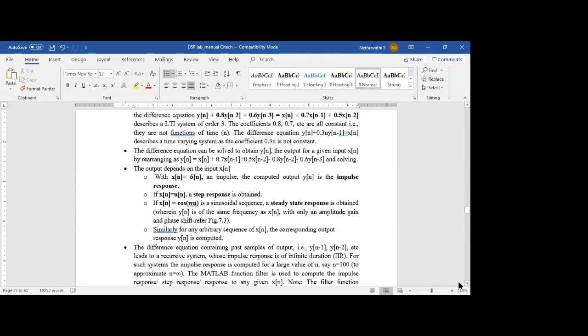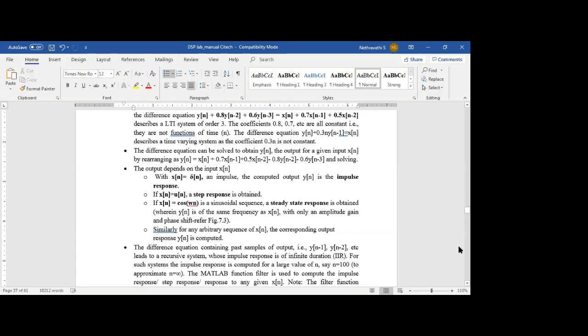If people are getting it, please try to understand. If in the given difference equation the output samples are delayed, that is y of n minus 1 delay elements are there, then it is called an infinite duration response. For such a case, when obtaining the impulse response, I fix a particular number of samples, because it goes on up to infinity. I don't want up to infinity, so I specify for which values I need the response.